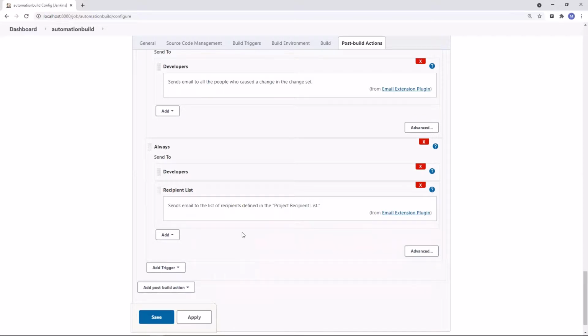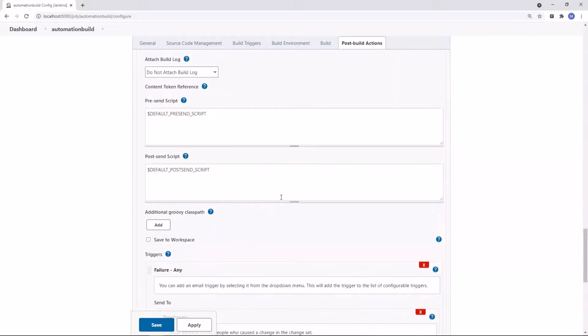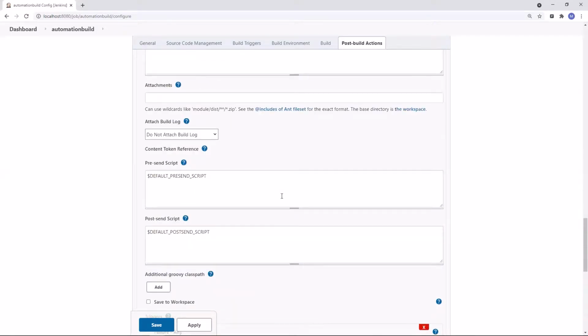Apart from these, you can add any pre-send or post-send script as well. If you want any script to run before sending the email or after sending the email, you can add a script, like to get the number of test cases passed or failed, and then the same can be pushed into the email as well. And if you want, you can send the build log as well in the email as an attachment.